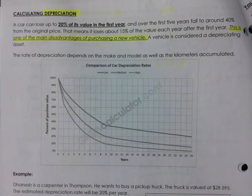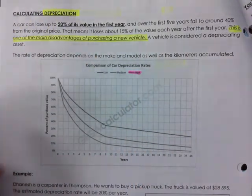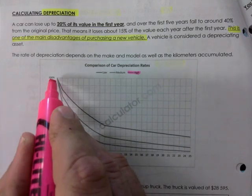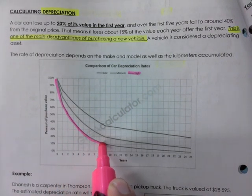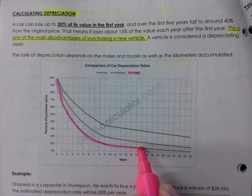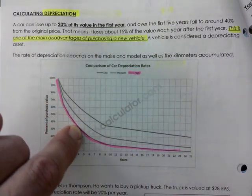So I want you to highlight this part, okay? I'm going to use a different color, maybe pink here. A high depreciation, meaning it loses its value very quickly, would be this curve right here. So you start with 100% of the value, and then it just goes down drastically. But look what happens after about year 9. It kind of slows down a little bit, right? This curve would represent a car that loses its value very quickly,